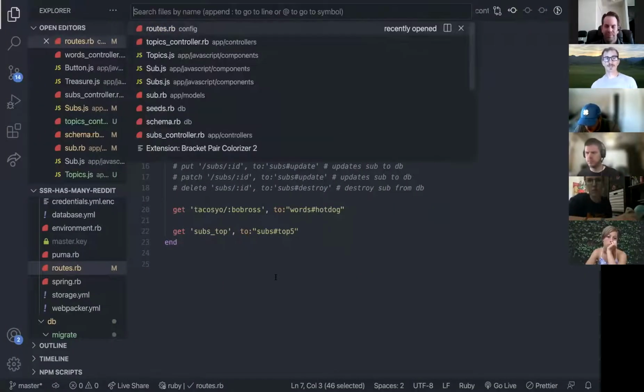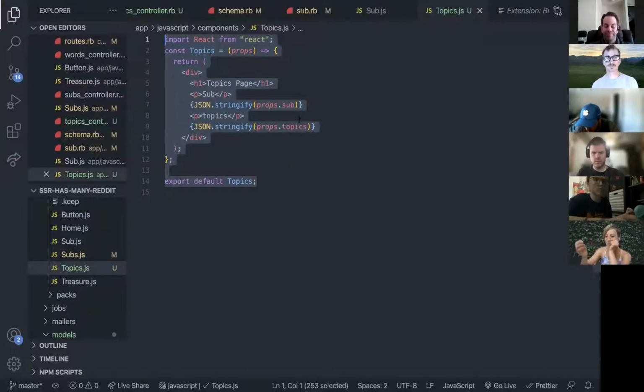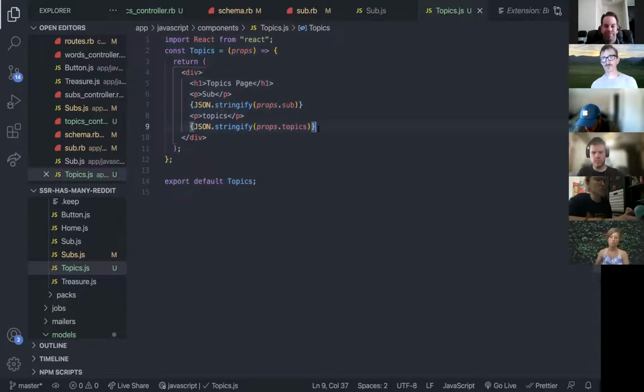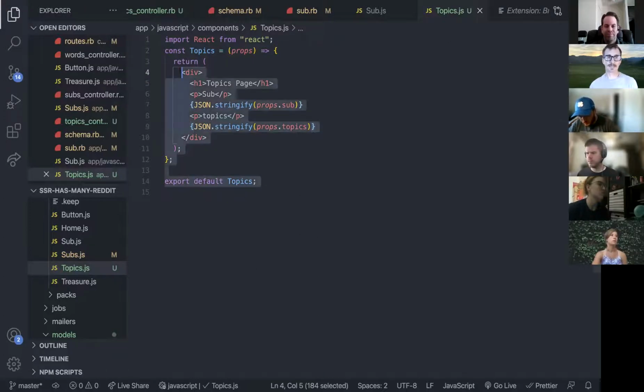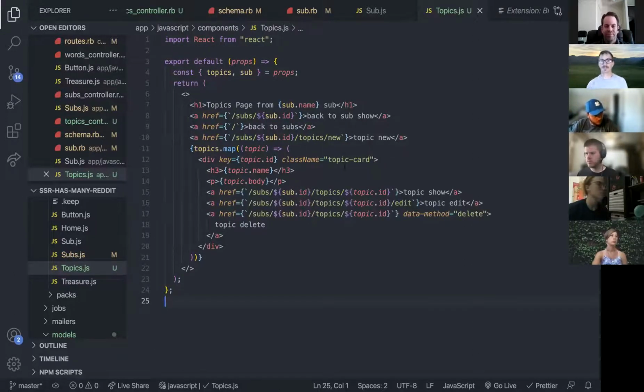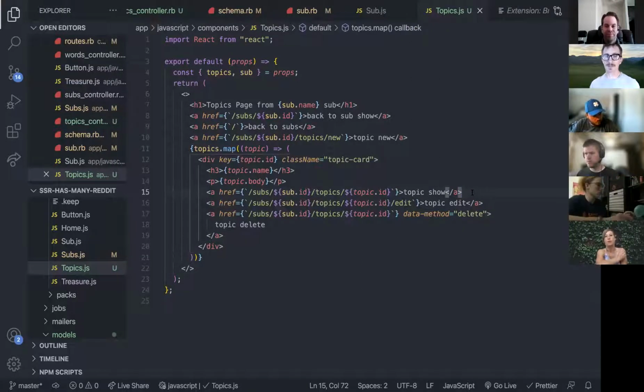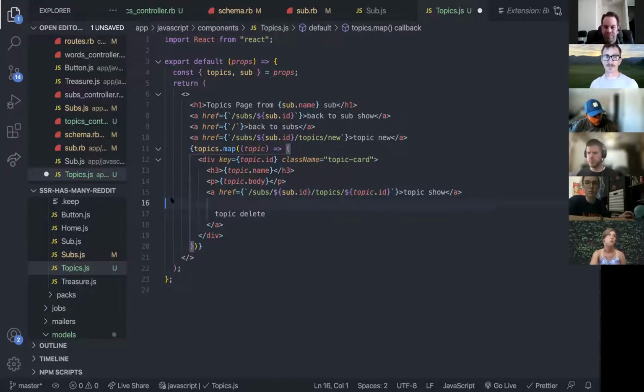So what I could do is go into my topics. I'm just going to slack out this little section, actually this whole piece of code. One second, this is missing one thing. So here's our stubbed out React component for topics with the links. I'm going to delete this because I'm just going to type this one. This is the one I want to do. I'm actually going to delete these two because those won't be working, but I'm going to rewrite this A tag